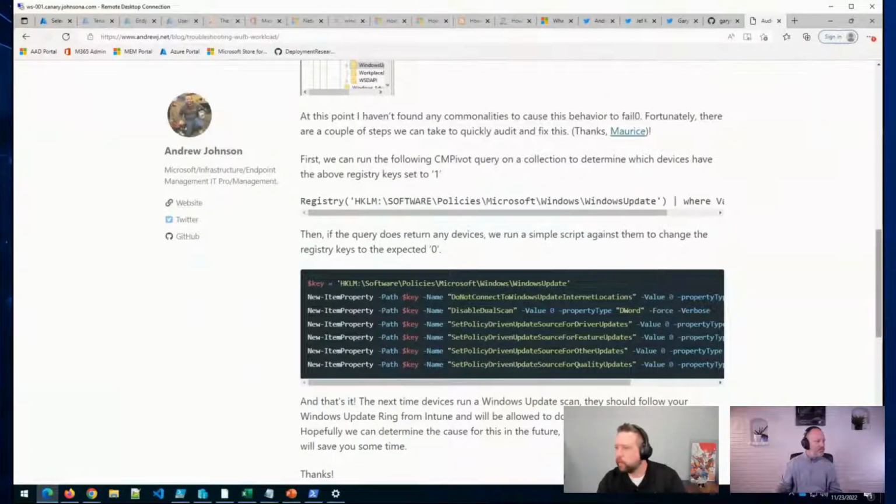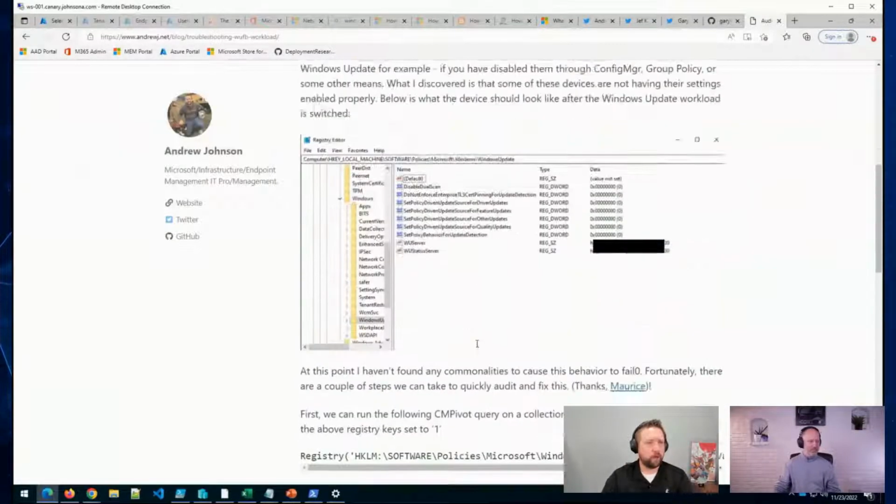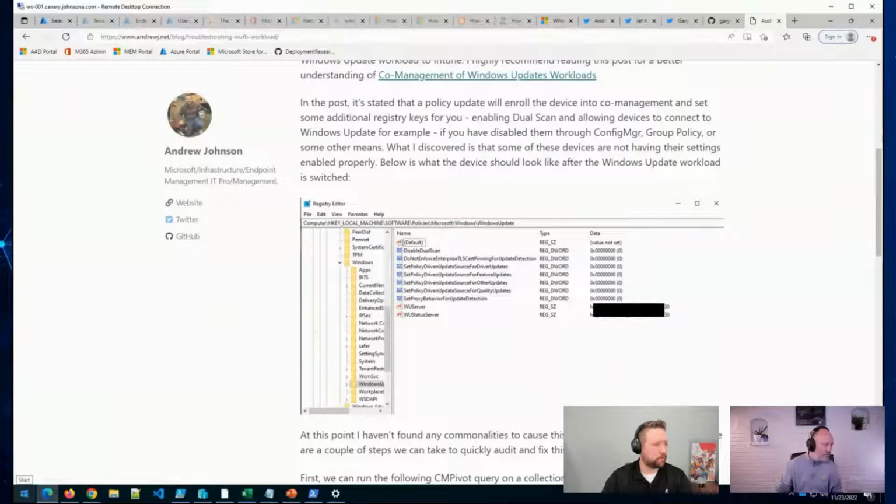And so just giving a quick glance at the registry keys in the chat, it looks like they're pretty similar, but I would recommend reviewing this blog post, and then if you're going through a larger migration,